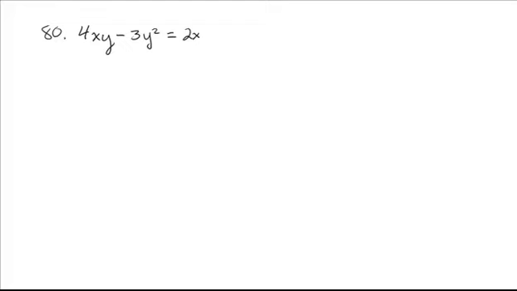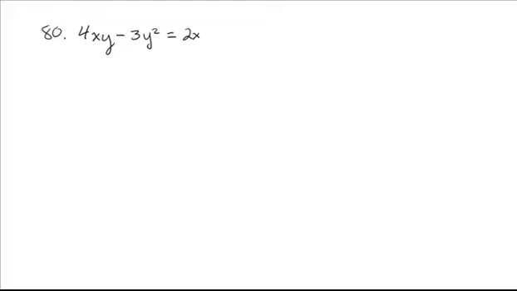So we're going to take the derivative of 4xy minus 3y squared equals 2x. Since this would be difficult to solve for y, we'll use our implicit differentiation. So using our implicit differentiation, first thing I notice here, because I have an x times a y, this requires